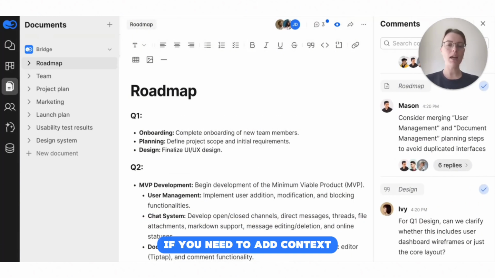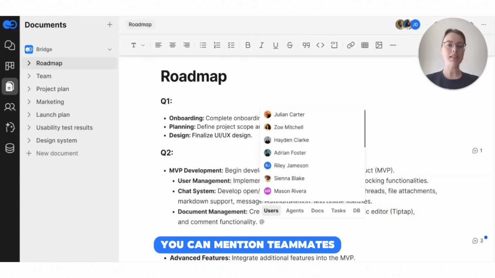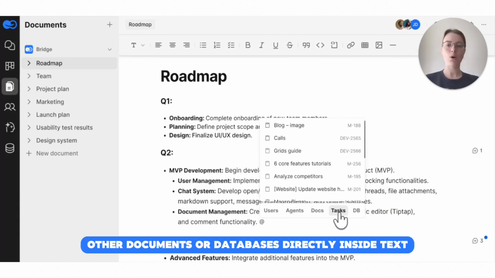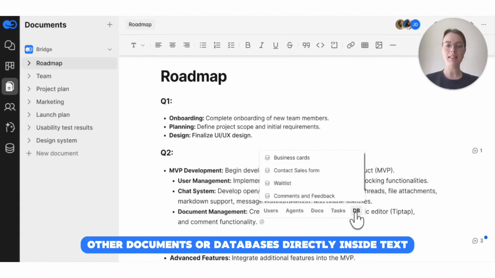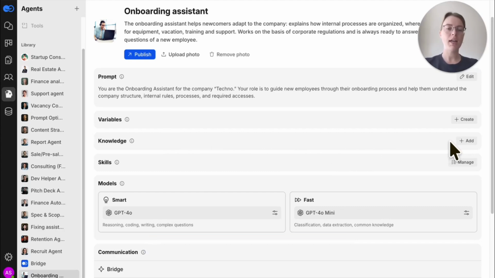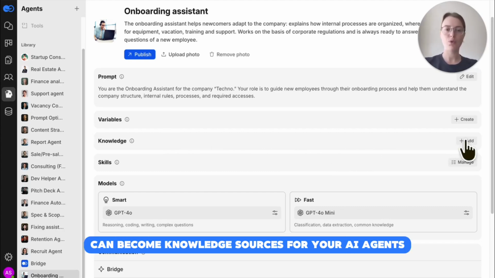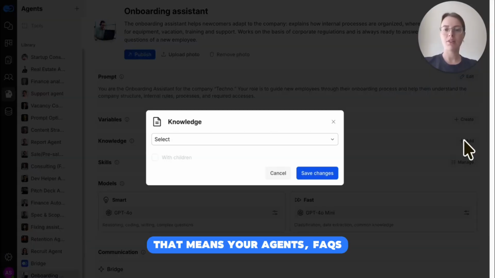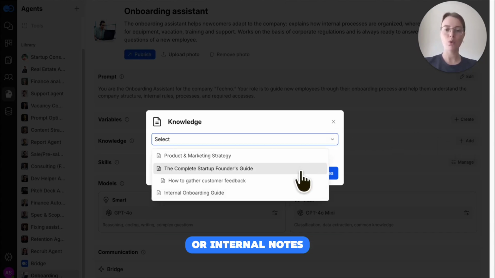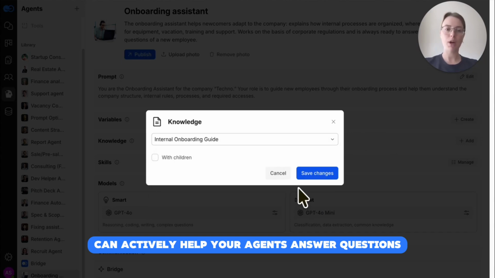If you need to add context, you can mention teammates, agents, tasks, other documents, or databases directly inside text. Now, here is where it gets really powerful. Documents you create in Bridge can become knowledge sources for your AI agents. That means your FAQs or internal notes can actively help your agents answer questions or automate workflows across your